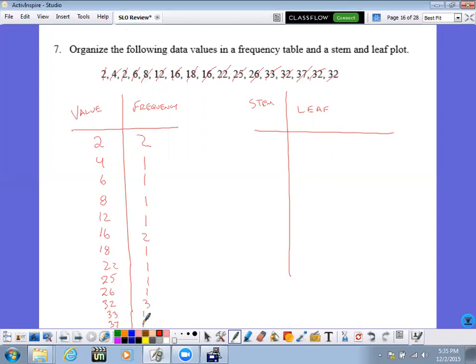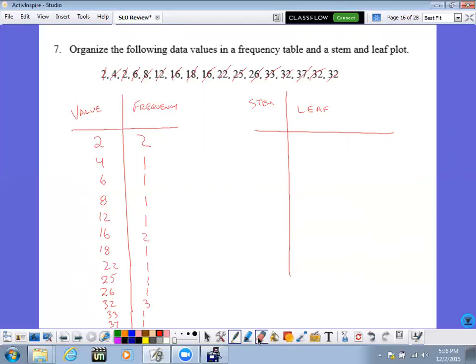So as you can see, frequency tables are not really a good idea if you don't have things that happen often. If you have a lot of stuff that only happens once, this is not a good organizational tool. So you need to recognize that. You could do it, but it doesn't really help you out with much. Versus a stem and leaf plot is very helpful when you're trying to organize things into groups.